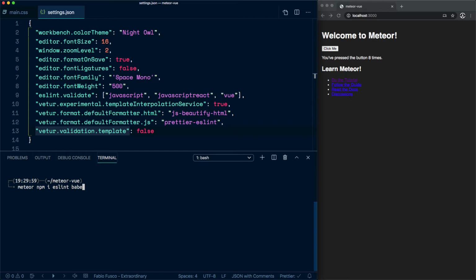We also want Babel, ESLint, ESLint config Prettier, ESLint plugin Prettier, ESLint plugin Vue, and we actually want the latest version here, Prettier, and finally Vue ESLint parser. So these are quite a few packages that we need for ESLint, Prettier, and Vue to work together